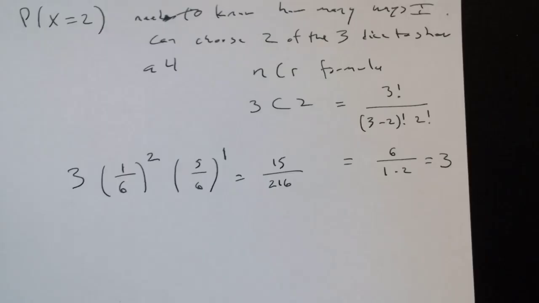I have no idea what the decimal for that is, but you're welcome to calculate. It doesn't matter at the moment. What I will tell you is that this idea works no matter how many trials we are doing, no matter what the chance of success is, no matter what the chance of failing is. In general,